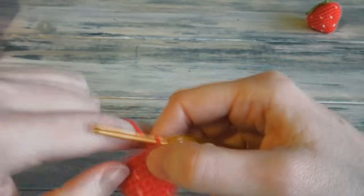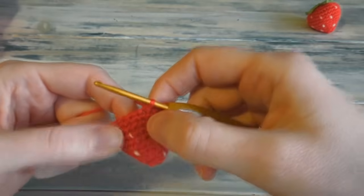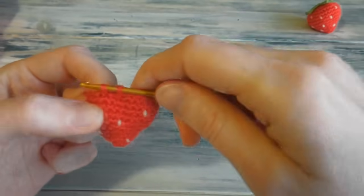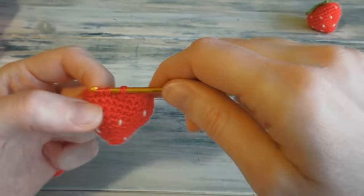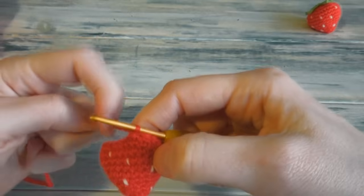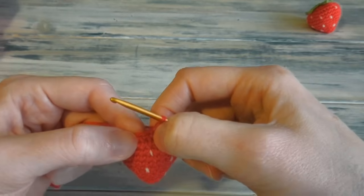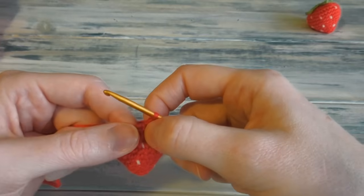And for round 12 we're going to just work single crocheting 2 stitches together all the way round. So we're just going to repeat that over and over. So we're going to go into the next stitch and grab our yarn, 2 loops, into the next stitch, grab our yarn, so you've got 3 loops, and then yarn over, pull through all 3 loops to create our single crochet 2 stitches together. We're just going to repeat that round, single crocheting 2 stitches together all the way round,